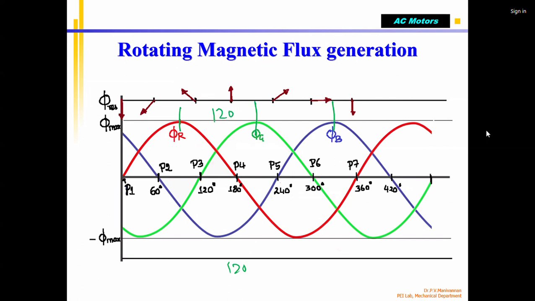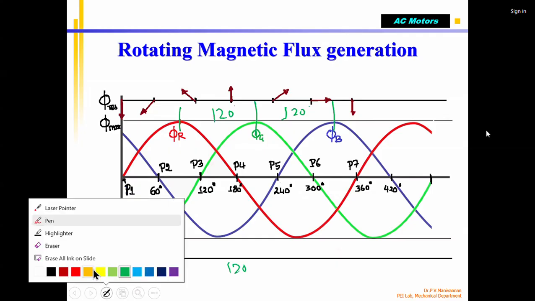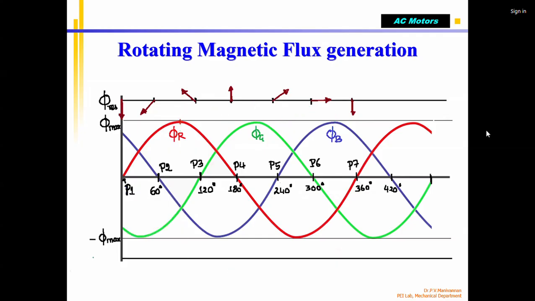This is 120 degree. This is also 120 degree. All three phases rotated. So this is the rotating magnetic field created in the stator winding by supplying three-phase AC voltage, R, Y, B. Now, we can see that at any time instant, starting from 0 degree up to 360 degree,